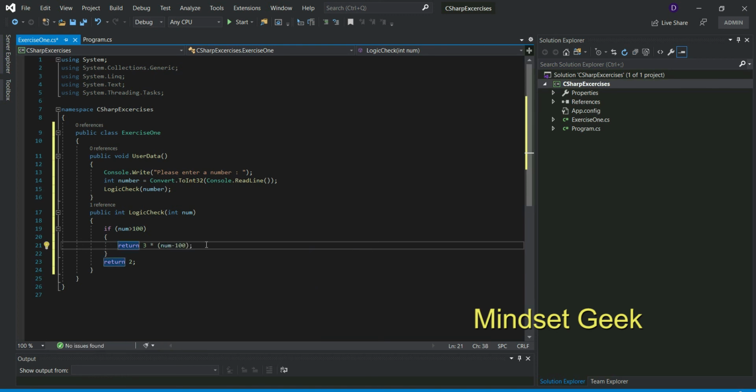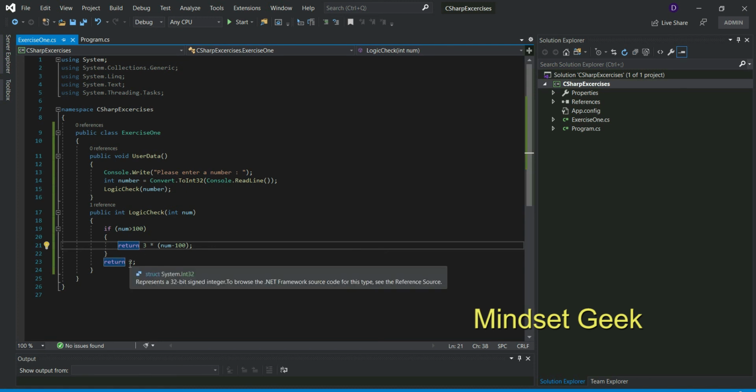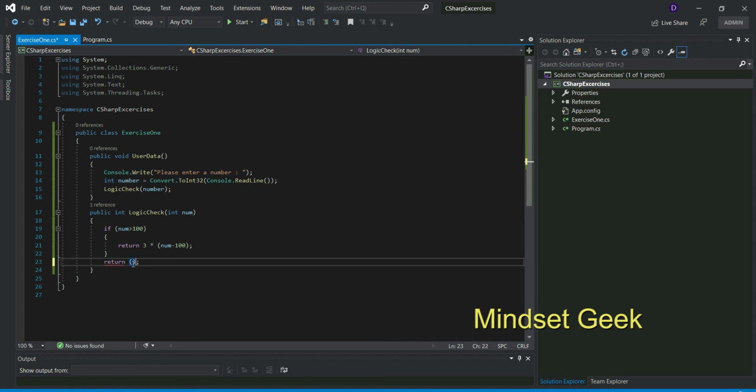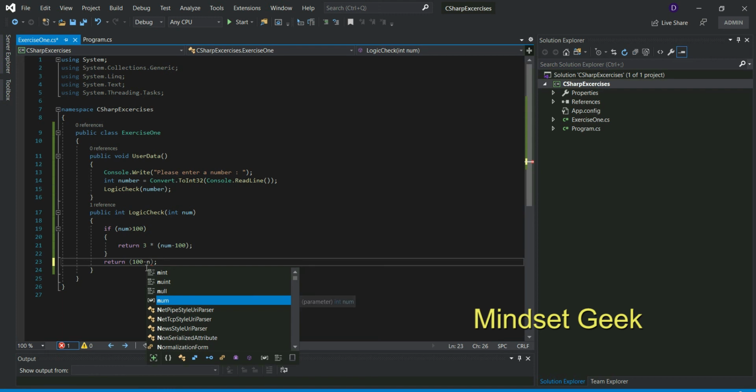This will return. Else return the absolute difference. Absolute difference means a positive number, right? We can't use a negative value. Negative means a minus value. We always use 100 minus 10.